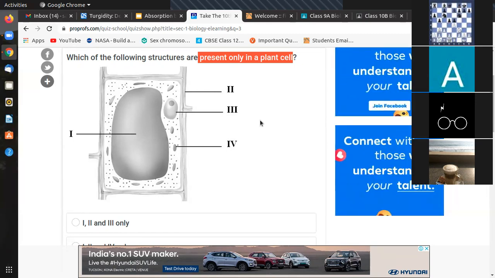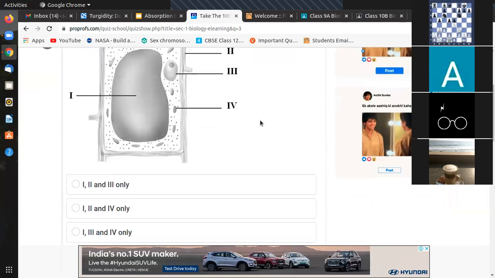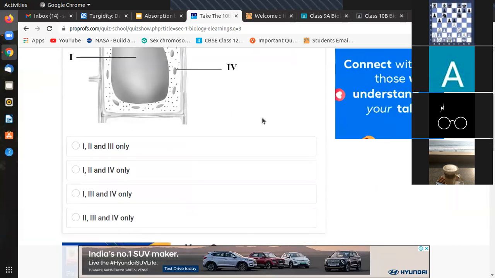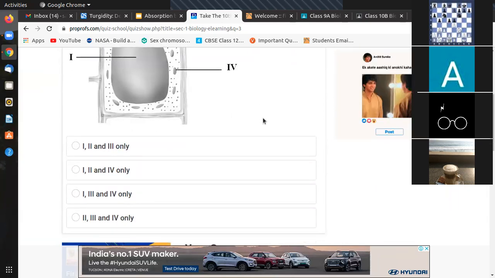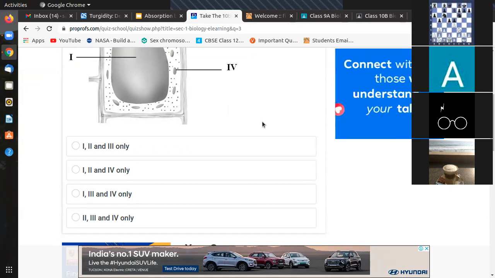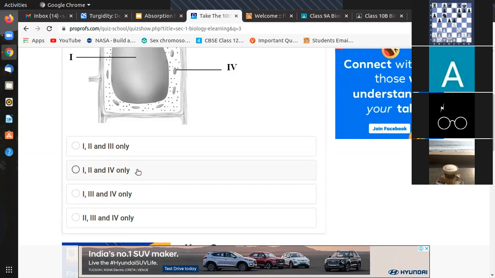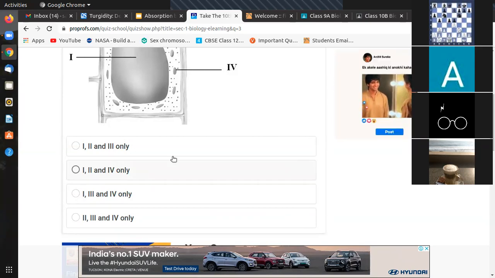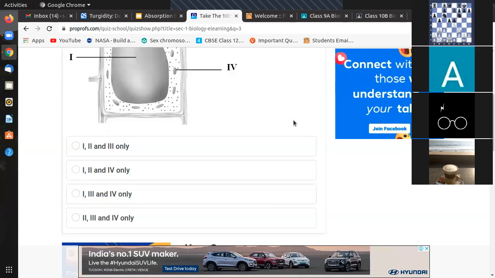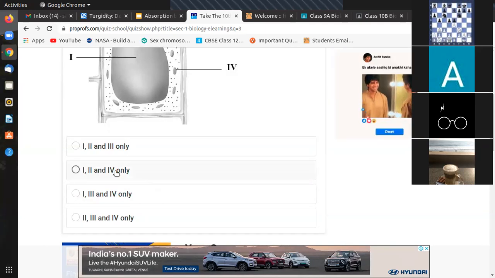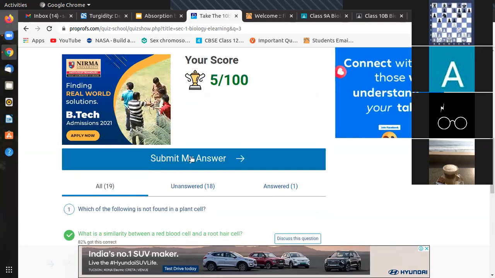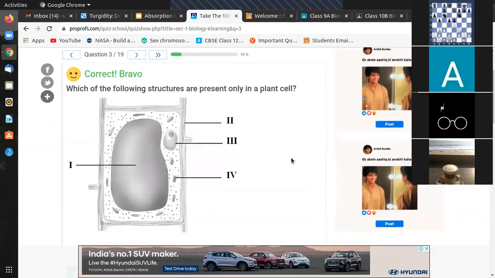If Meher is wrong, her internal assessments are automatically 0. And if I am wrong, my internal assessment is 0. I don't care about your internal assessment. So which one do you want me to click first? 1, 2 and 4, sir. The second one. When it turns out wrong, I will have a lot of fun. Correct.